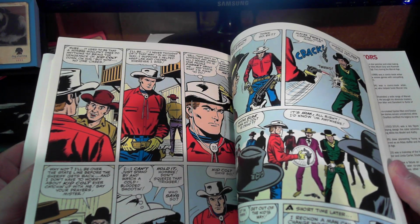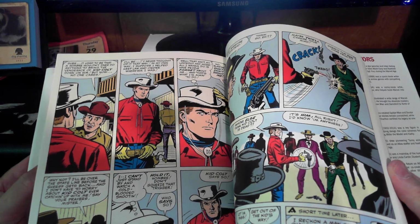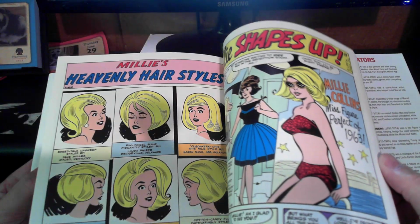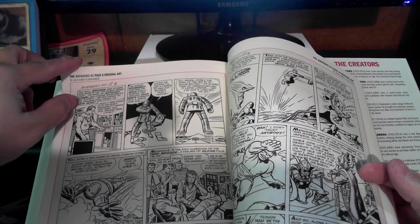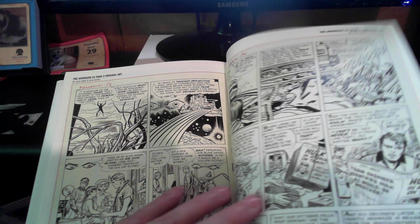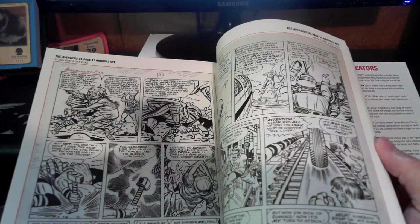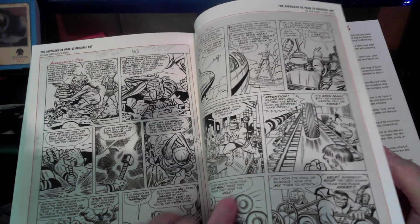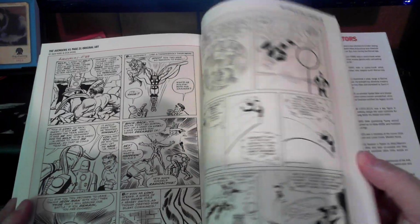He did some of that stuff for the MLJ book with the revival of the Shield and Steel Sterling and all that. That was just horrible. But when he does short stories, it's perfectly fine, and he's a bold inker. Ooh, original art. Okay. Bear with me a second. Wow. Nice scans. Wow. This I love. I mean, Kirby just throws them into an assembly line factory for cars, and